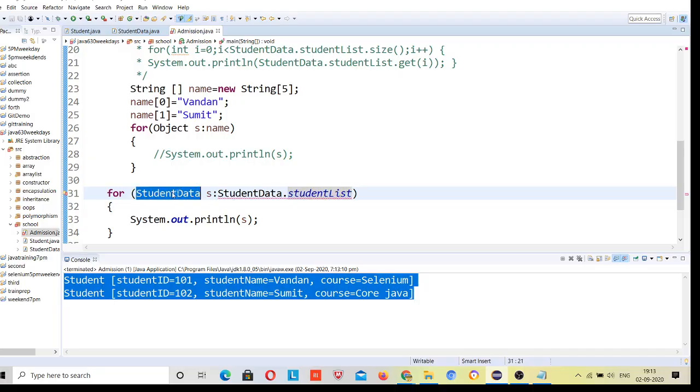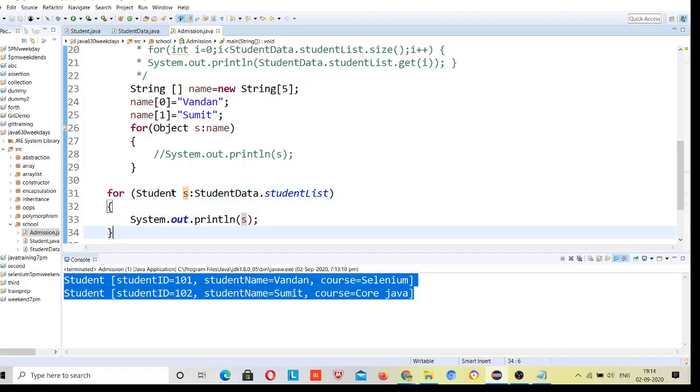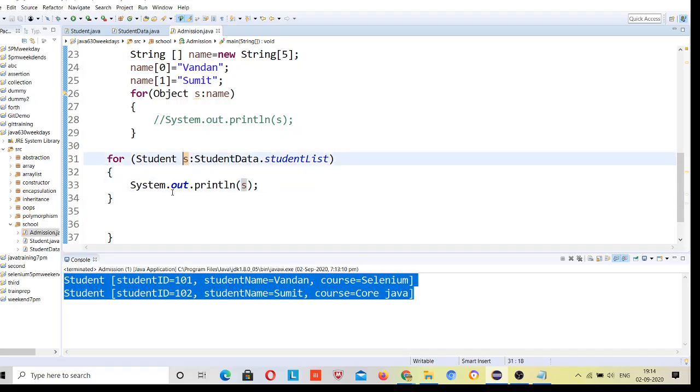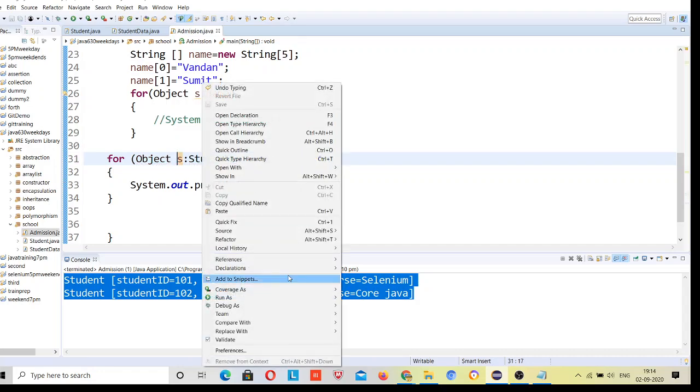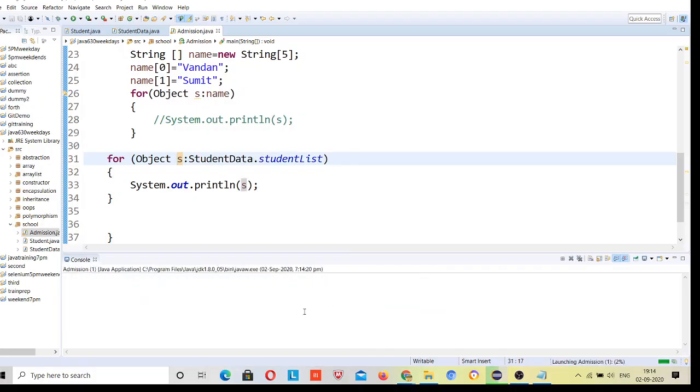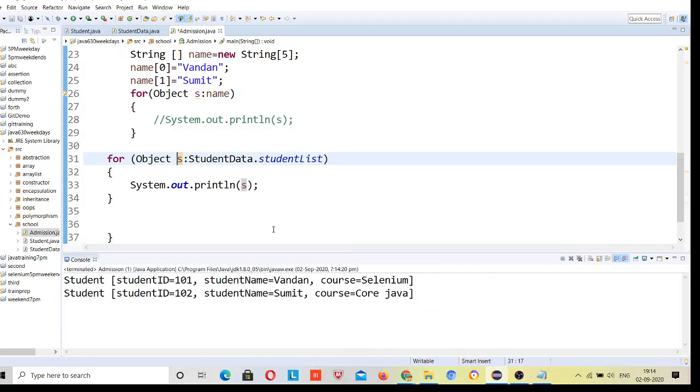So that's why it asks where I need to put out the data, and that's why I pass s here. If you don't know whether to use student or student data, sometimes this is very beginner-level to explain. Just define the object class, and this will print everything. So we can use this, but there are a lot of things we need to do one by one.